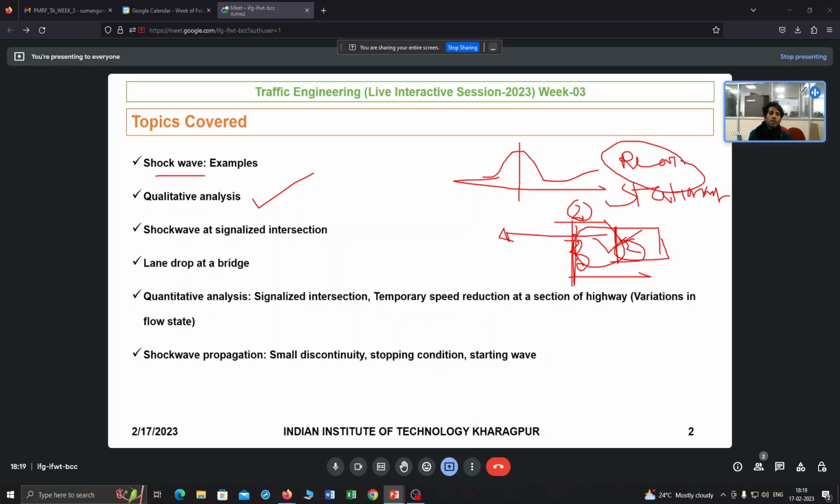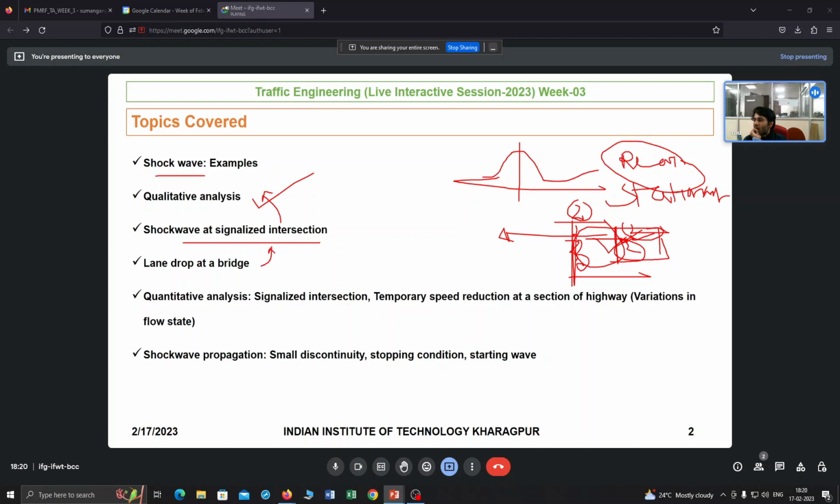One shock wave will be created, which is the constant shock wave, because now the maximum, your demand is 2, your rear capacity is 2, and your already shock wave is created and your queuing is also 2, right? So one rear stationary shock wave will also be created. That's what is written here: shock wave at signalized intersection based on the qualitative criteria and also